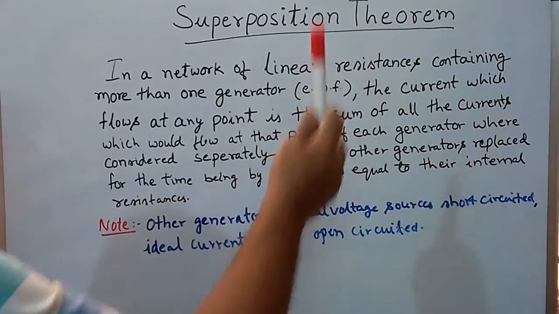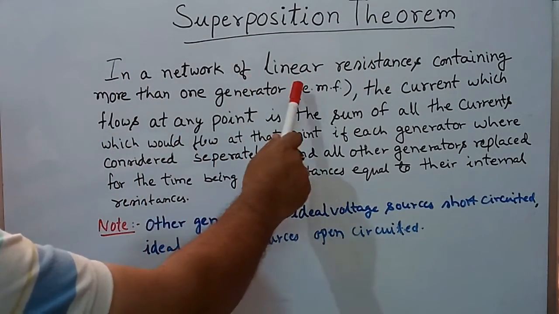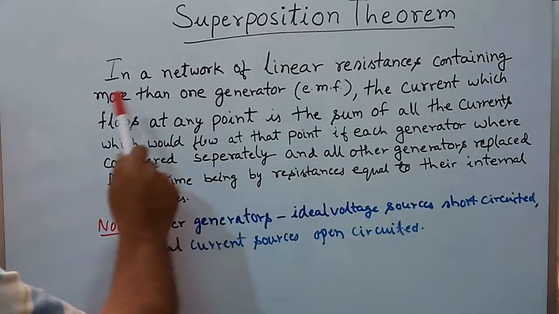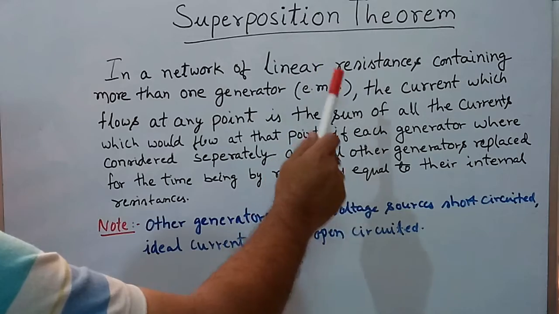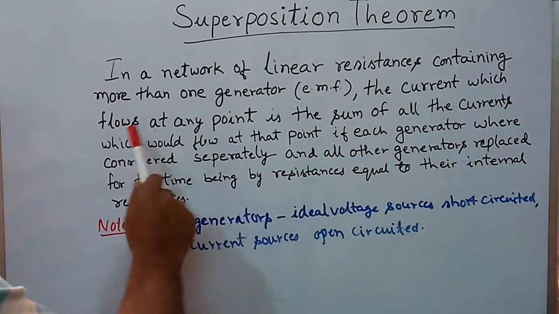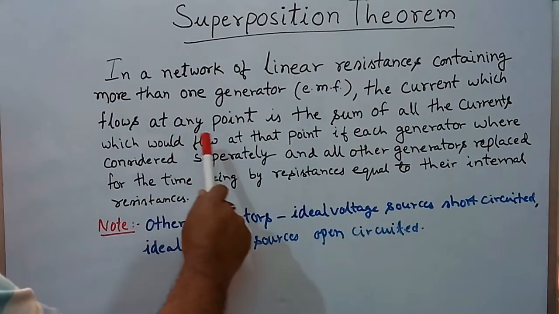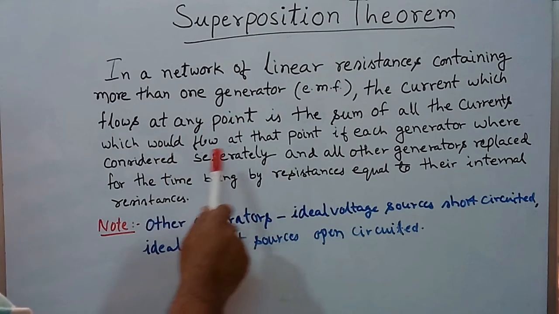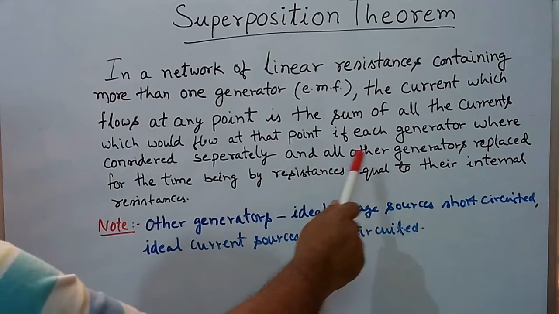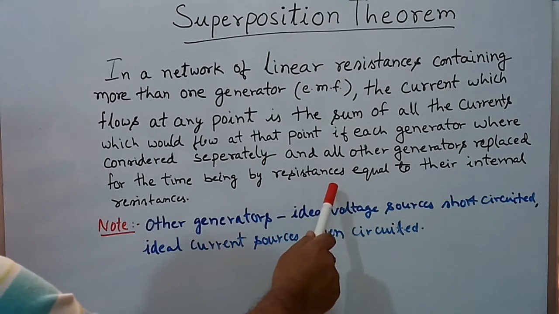Superposition theorem. The statement says, in a network of linear resistances containing more than one generator, that is more than one EMF, the current which flows at any point is the sum of all the currents which would flow at that point if each generator were considered separately and all other generators replaced for the time being by resistances equal